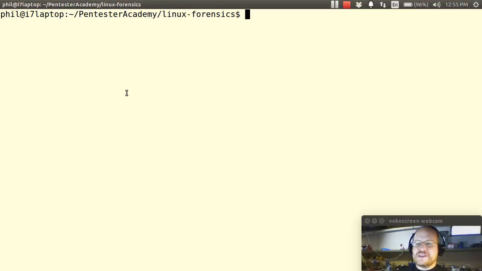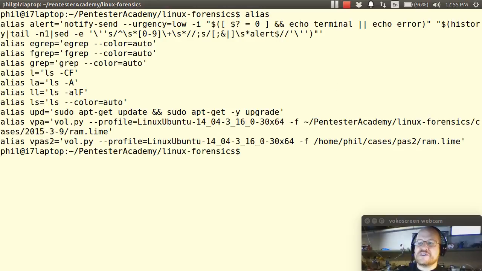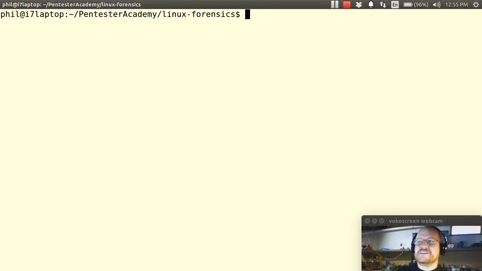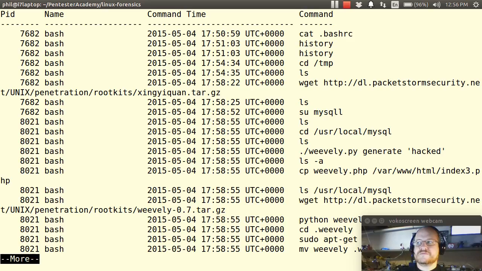So we're going to go ahead and use our alias. And again, remember that I've set up this alias in my bash RC file that allows me to more easily run these commands. So the command that I want to start with is called Linux bash, and we'll pipe this to more. Alright, so here we see a couple of things. We have a shell with process ID 7682,